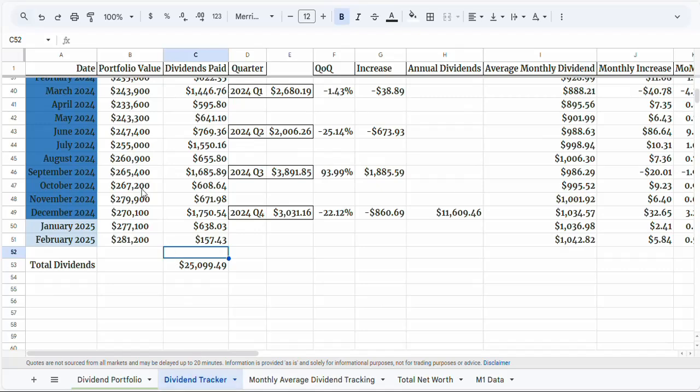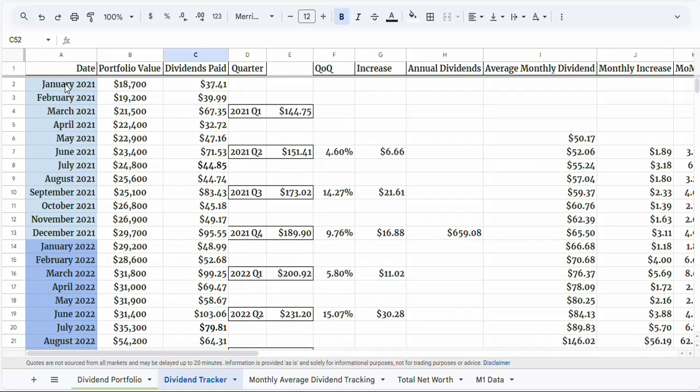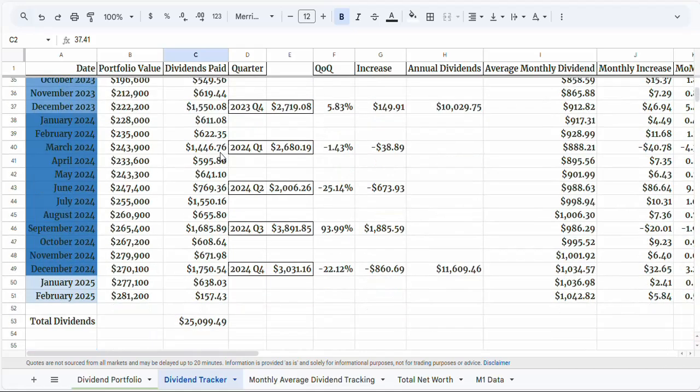So let's go to the dividend tracker tab. I've been doing these dividend videos since January 2021. You can see the portfolio value, what it was there at 18.7, rounded to the nearest $100. Here are the dividends paid in January 2021. Let's fast forward to 2025, and we can see where we're at right now in February. And here is the portfolio value rounded to the nearest $100. You can see we are at all-time highs for portfolio value. The last was November